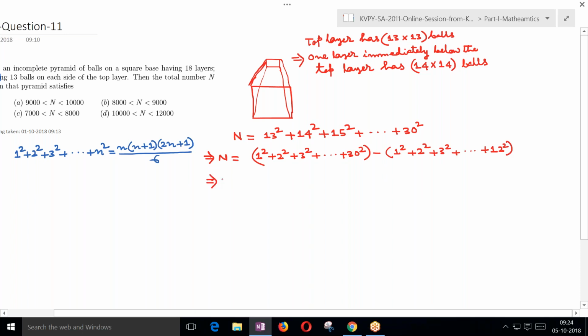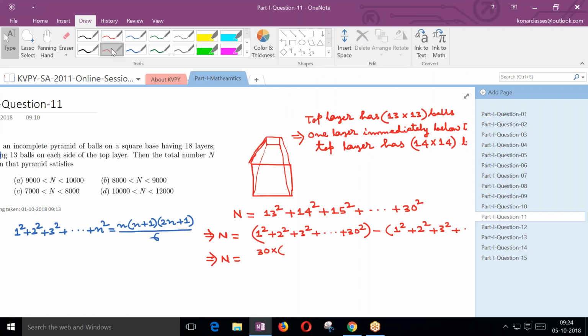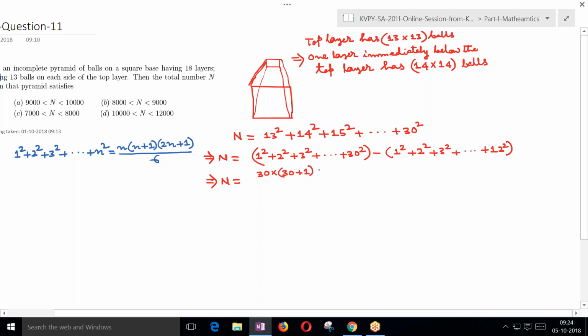So now from here we can find the value of n is equal to 1 square plus 2 square plus 3 square up to 30 square. We need to leverage the formula which I wrote in the left hand side. So that is equal to 30 into n plus 1 into 2n plus 1. Let me write elaborately so that later you will not have any problem. That means 30 into 30 plus 1 into 2 into 30 plus 1